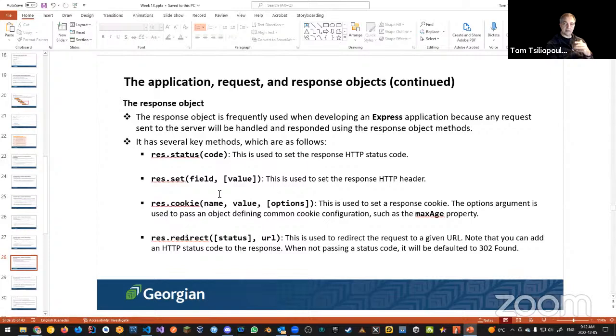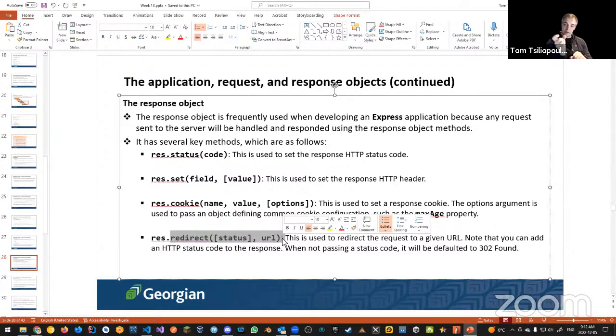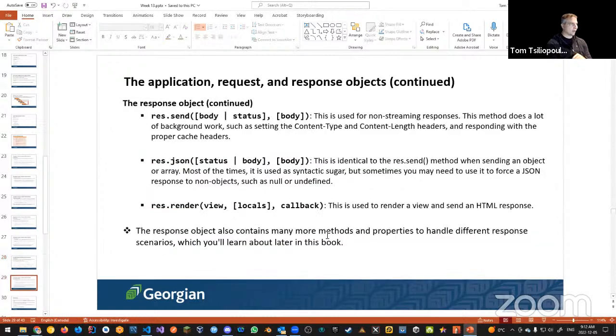There's also the response object. We did the request object, now the response object. I can set the response, for setting the header. I can set the status code if I want to as well. I can also redirect my website, or change from one URL to another, using res redirect. It's almost like using window.location.href in JavaScript, which changes my URL. It just almost links programmatically to another part of your site. Okay, so that's res redirect. We're going to see those.